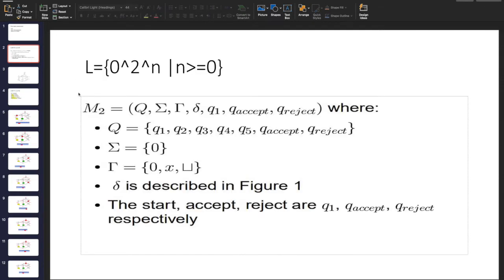The language of the Turing machine that I've chosen is 0 to the power of 2 to the power of n. Basically, this language will check whether the input string is a power of 2. In every iteration, for example in stage 1, the number of the input will be cut in half. If the resulting number of the string is odd and it is greater than 1,